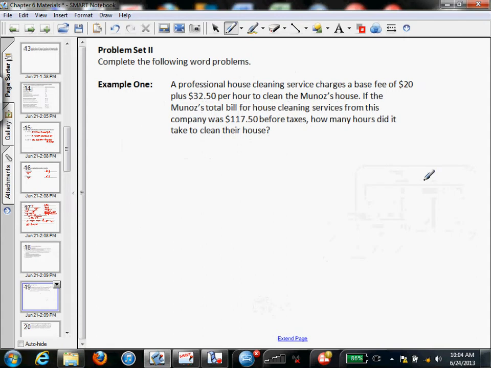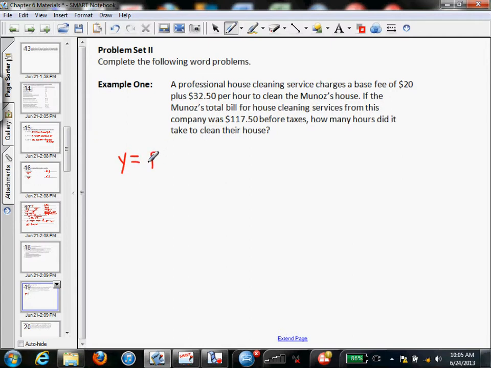Okay, so it says that we have a professional house cleaning service that charges a base fee of $20 plus $32.50 per hour to clean this house. If the total bill for cleaning the service was such and such before taxes, how many hours did it take to clean the house? So what we can do is set up an equation where we say y